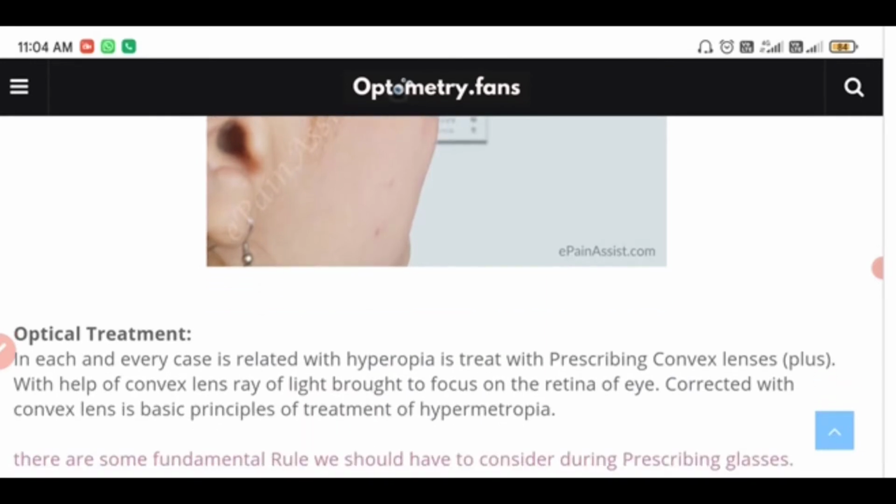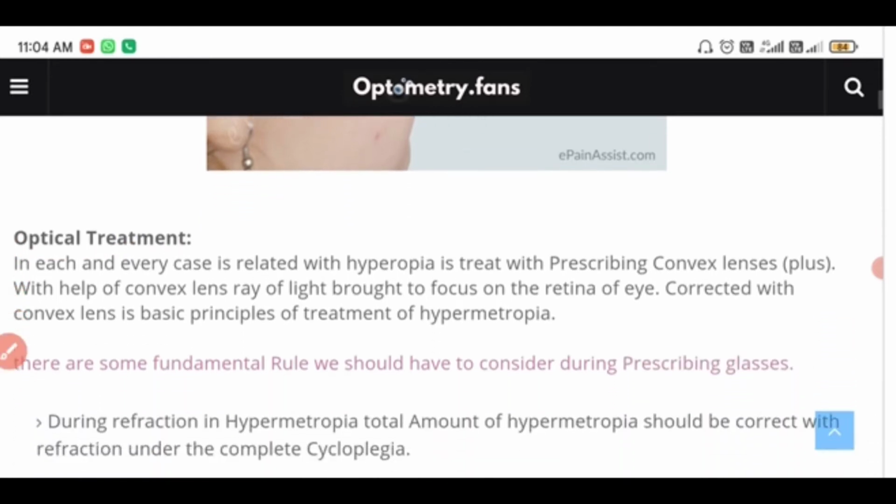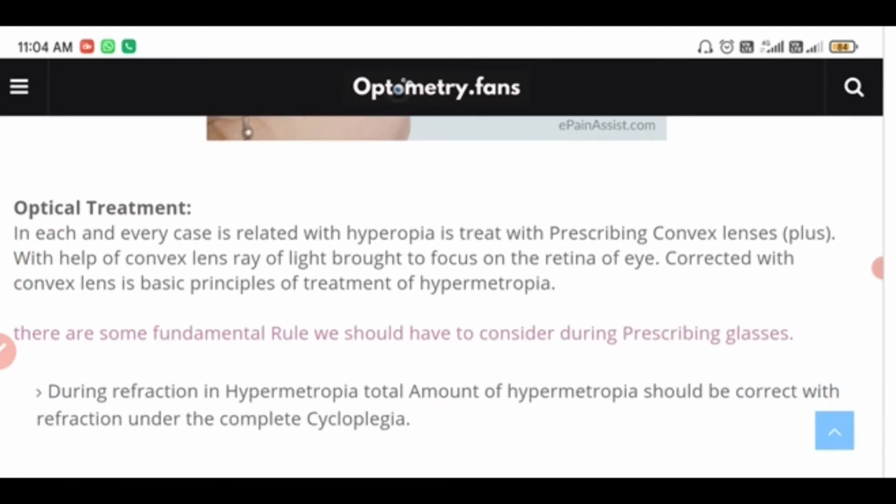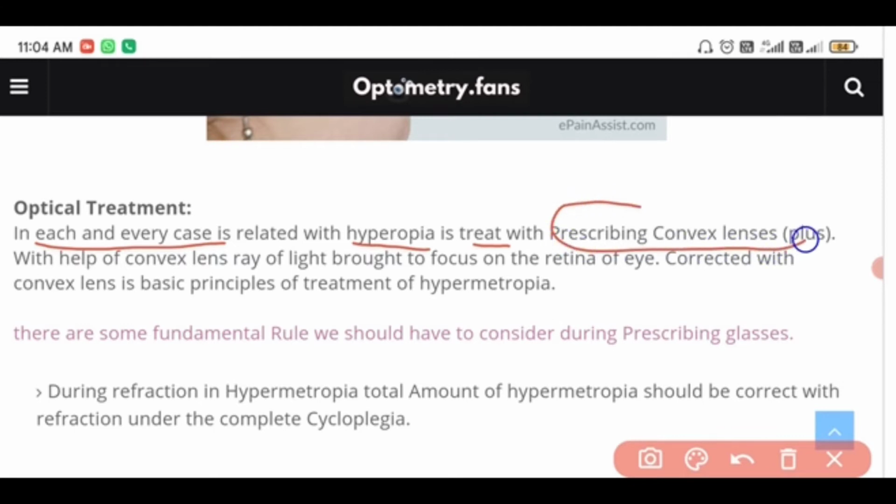First of all, in the treatment of hypermetropia, the first point is the optical treatment. Here you can see the optical treatment. How should you prescribe glasses in hypermetropic patients? Each and every case of hyperopia is treated by prescribing a convex lens,